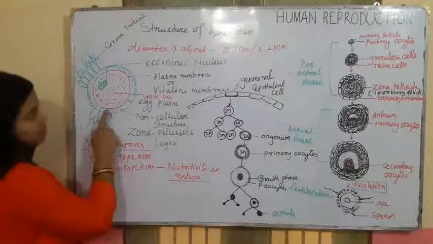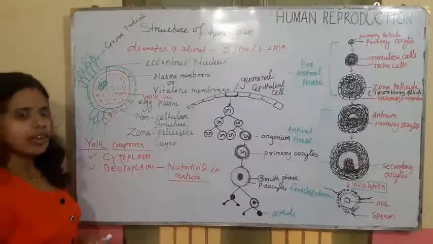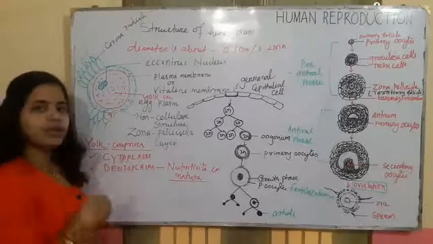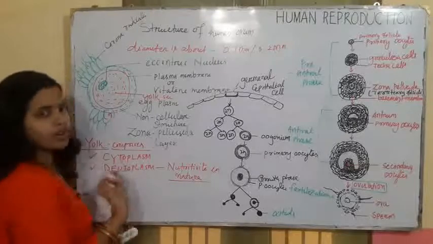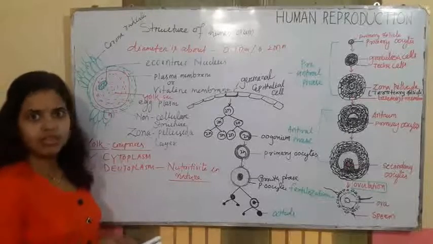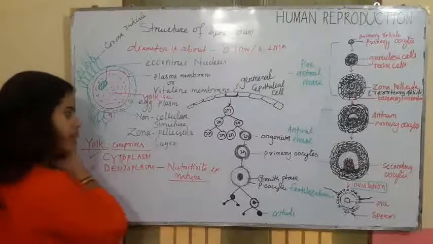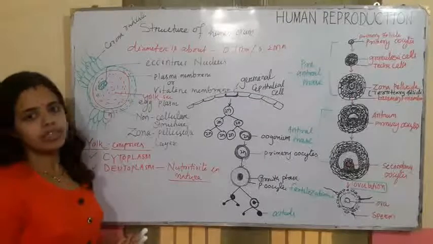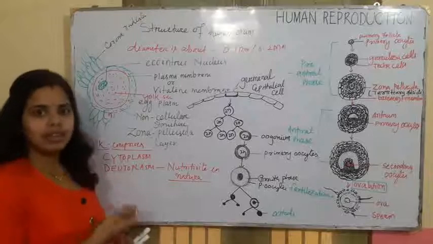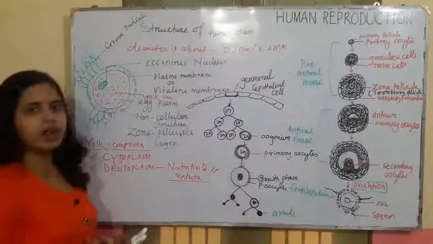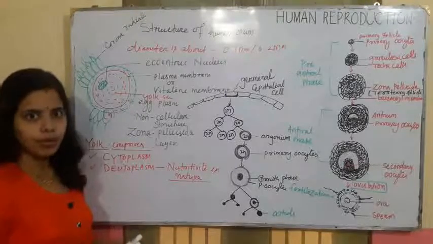But in humans, there is no requirement of nourishment from the yolk only, because of the placenta, which is formed, and we will discuss in implantation and structure. So the placenta is there,